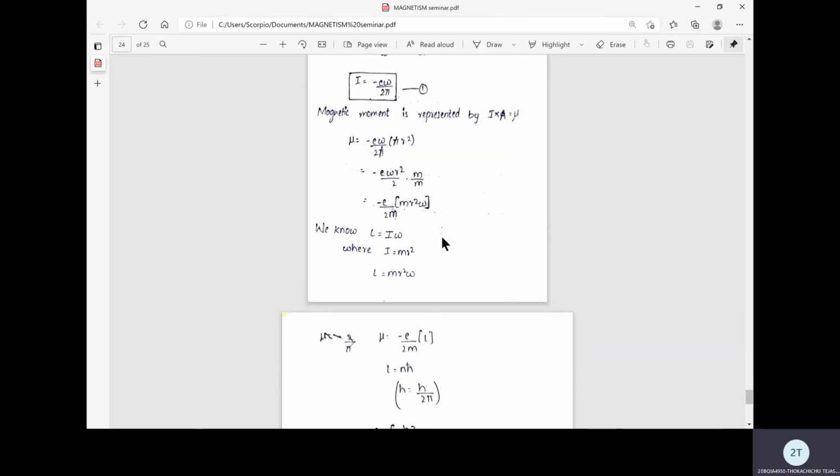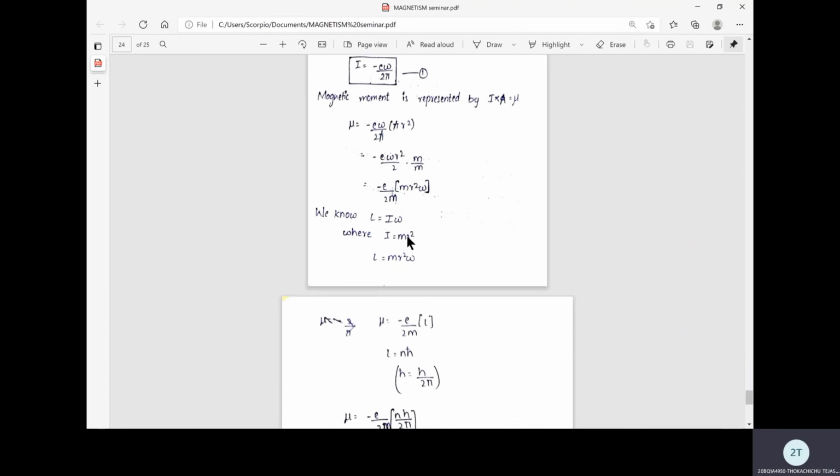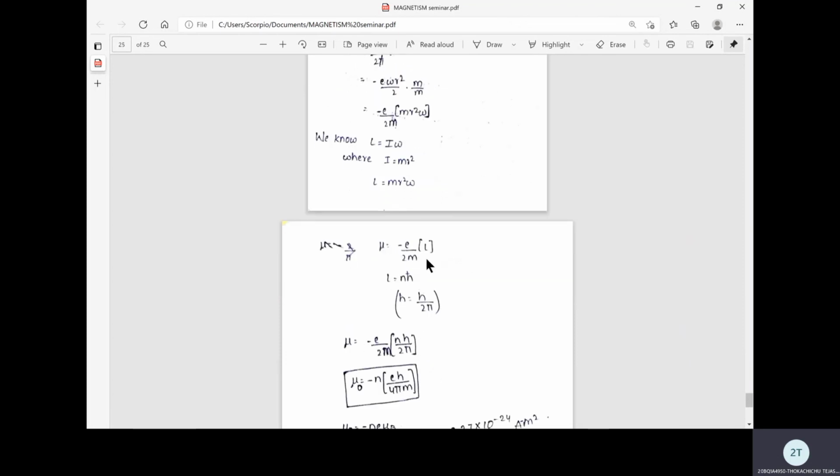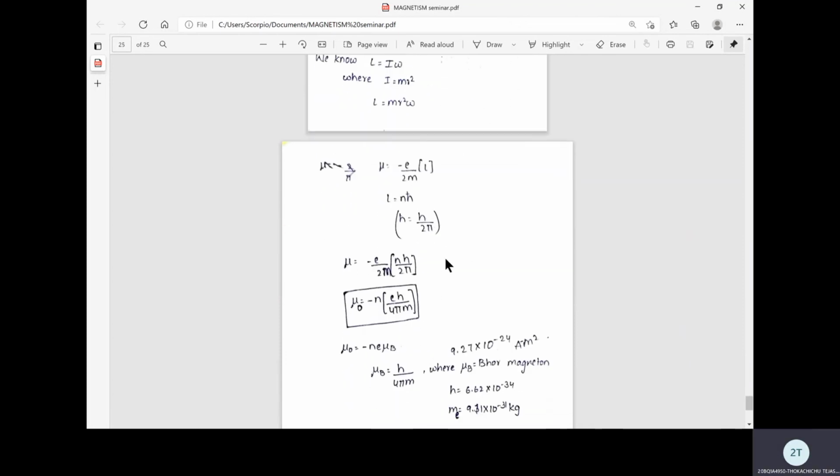Now we know that angular momentum L equals I omega, where omega is the angular velocity and I is the moment of inertia. The formula for moment of inertia is m r square, where m represents mass and r represents radius. So L equals m r square omega, and we replace this m r square omega value in the magnetic moment with L. So mu is minus e L by 2m, and further replacing the value of L, which is also